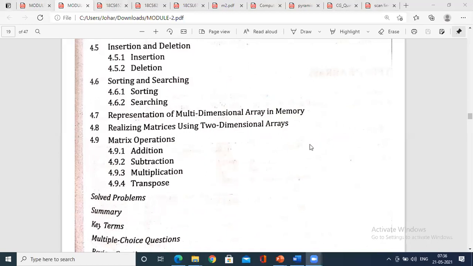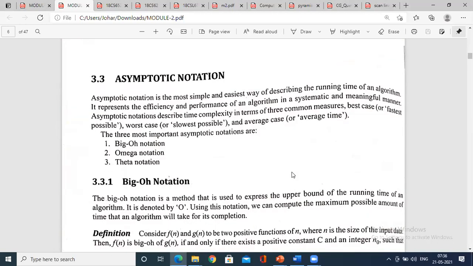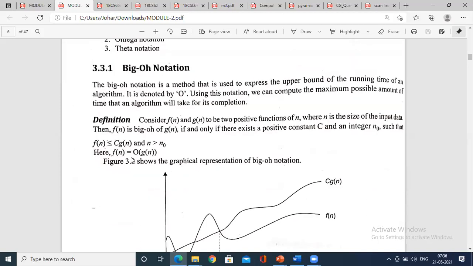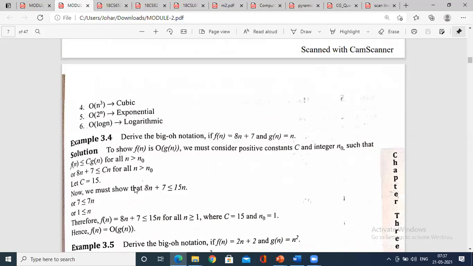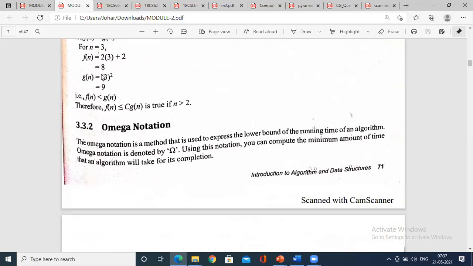Now let me go to the asymptotic notations. What are asymptotic notations? We have seen asymptotic notation and we solved the problem. We have upper bound, lower bound, and the in between. Big O is an upper bound, and in the upper bound, f of n is less than c of g of n, where c is a constant. Similarly, we have seen lower bound functions. What are lower bound functions? This problem is very important. All of you have to analyze it. As I stressed, this question I will definitely give in the internals with the equations.